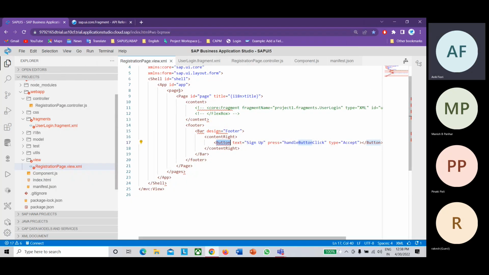Sorry. Okay, so now let's see the fragments with the dialog. These fragments will be handy when you want to use pop-up controls, mostly pop-up controls like the message box. The message box you don't have to use in a fragment; you can directly declare it inside the controller. But the other controls, like the dialog box.